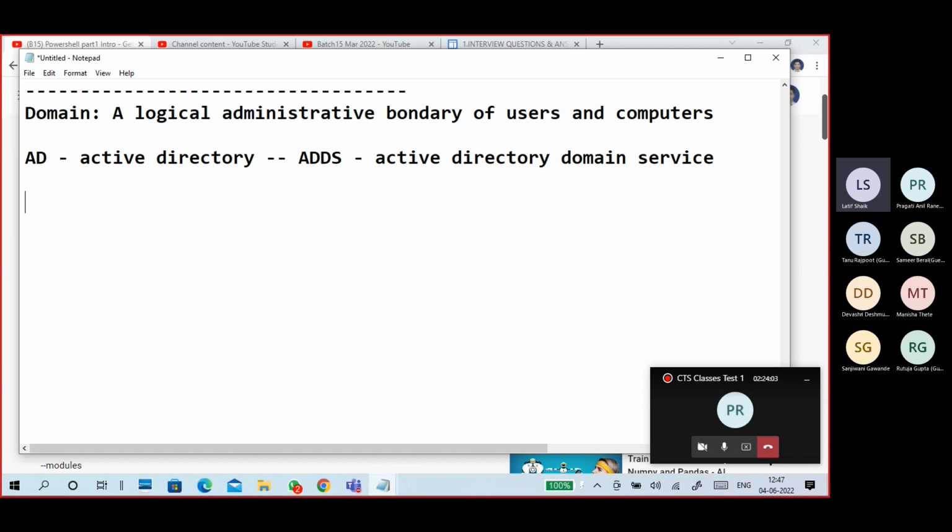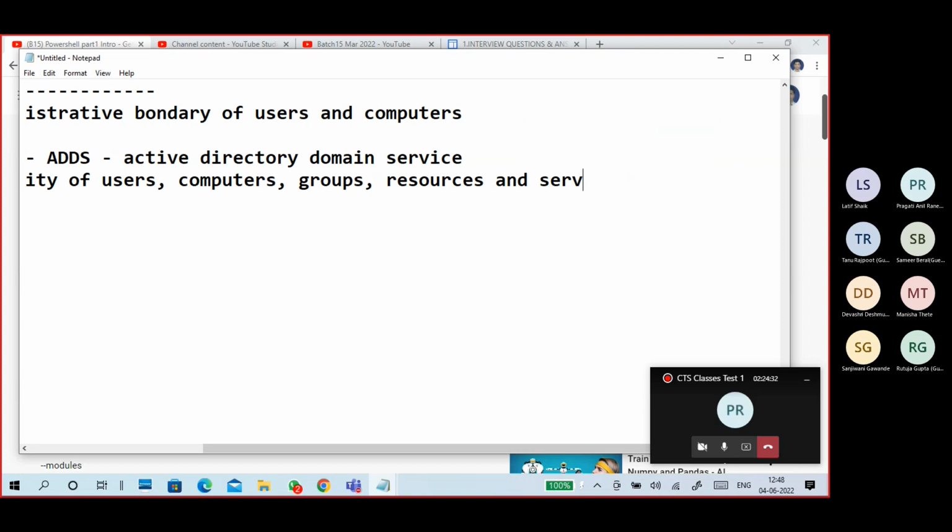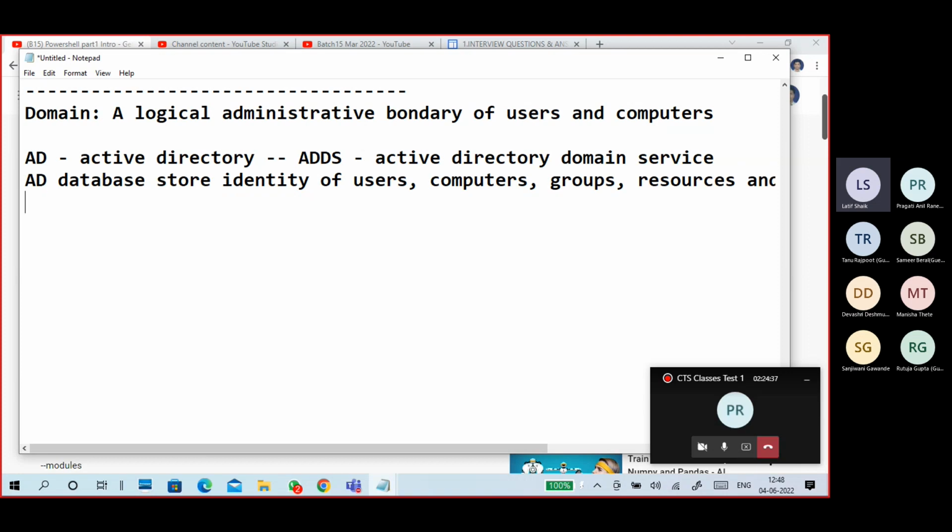It's a directory service. The Active Directory database stores the identity of users, computers, groups, and information on resources and services.